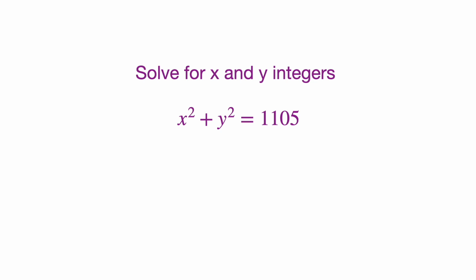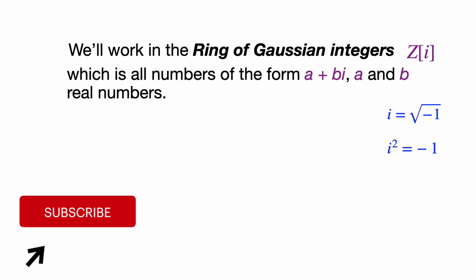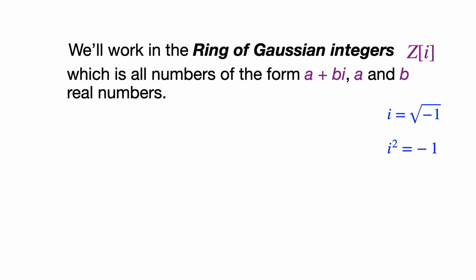Can you solve this equation for x and y integers? If you'd like to give the video a pause and think about it, I'll solve this problem in 3, 2, 1. We'll work in the ring of Gaussian integers, Z[i], which is all numbers of the form a